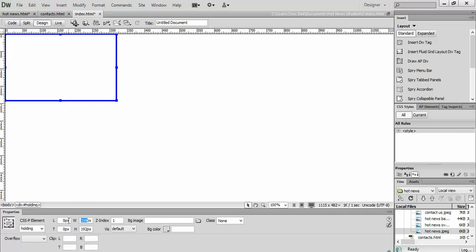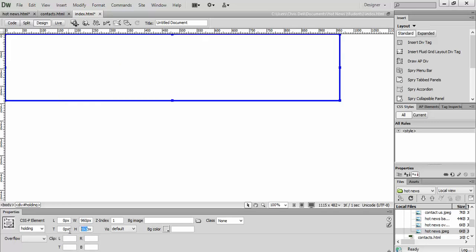So I'm going to choose 960, and that's going to be the width of my web page, and I'm going to choose a height as well of 720 for this particular AP div. Now I need to get that to center in the middle of the browser window. To do that, I need to make sure that I've got my CSS Styles panel window open and that I'm working here on All, and that, of these three little icons down here, I've got this one selected,